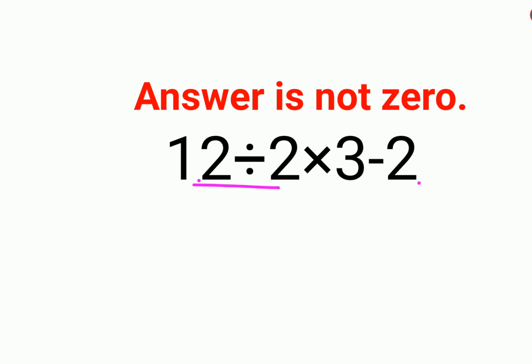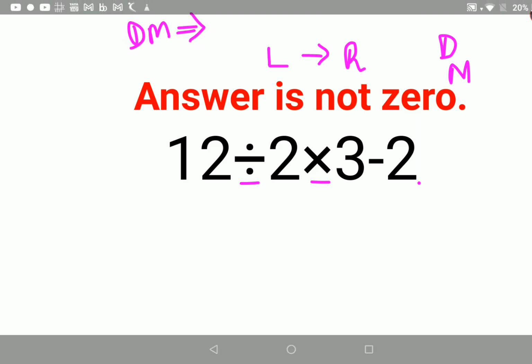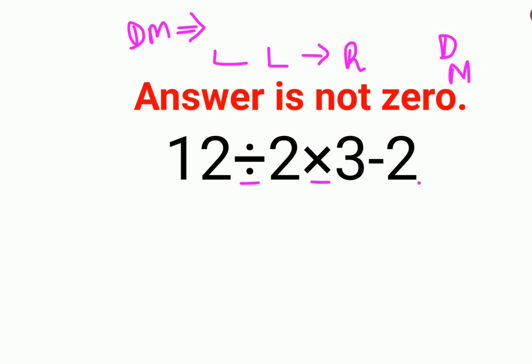In this case, what you should do is first remember that whenever you have a sum which has division and multiplication, always go from left to right. Please don't think that in BODMAS division comes first, or in PEMDAS multiplication comes first. Please understand that is given for you to remember. But in the case of division and multiplication, both are equal in priority. So always go from left to right.